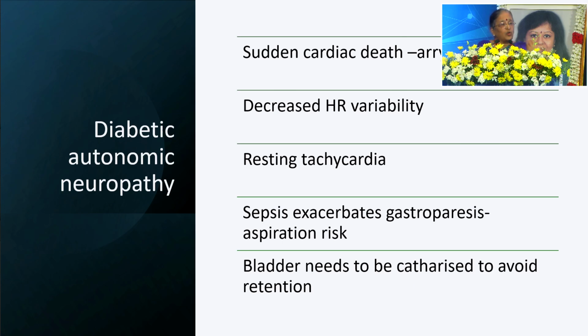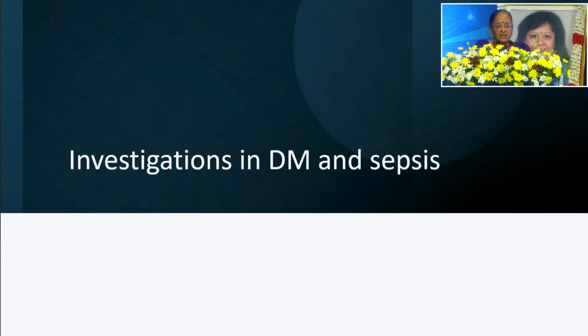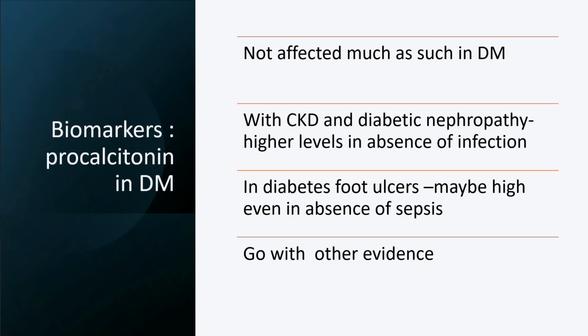You can't say you'll remove the catheter, because if the bladder doesn't empty, it's going to be a source of infection. So the autonomic neuropathy not only makes diabetes difficult to manage because of the danger of sudden cardiac death, it also exacerbates the other things that we told, like gastroparesis and bladder. Investigations in sepsis and diabetes, we know that we do the biomarkers, we do the procalcitonin, it's not